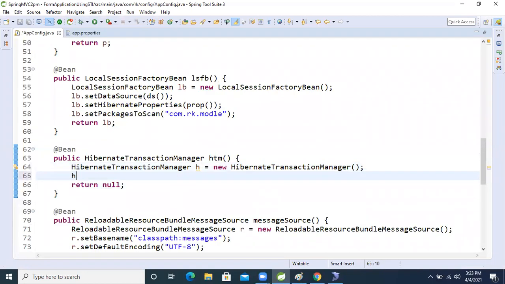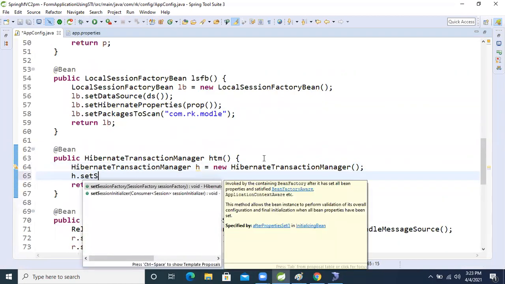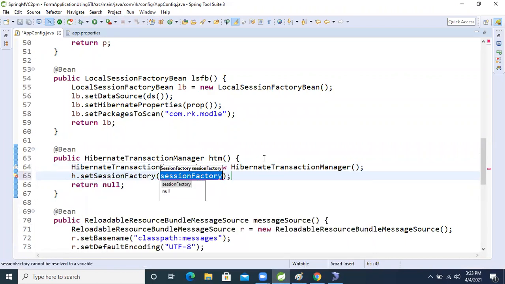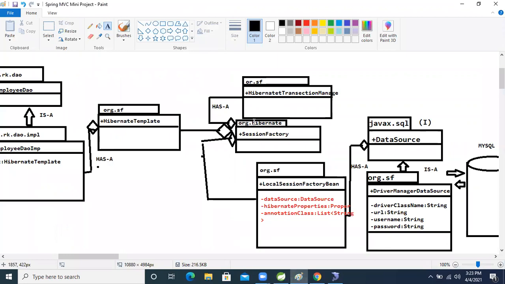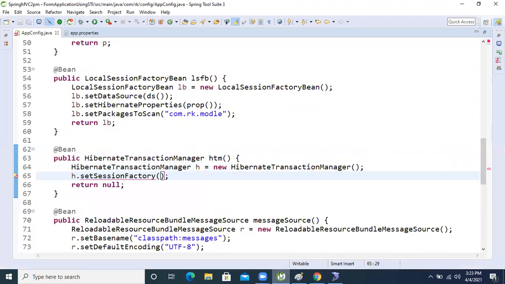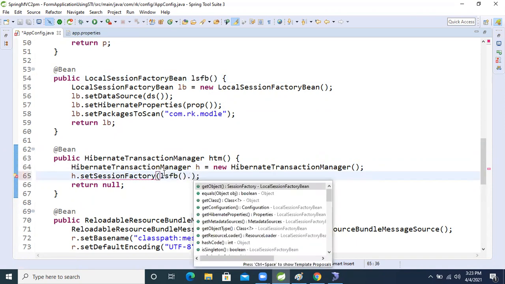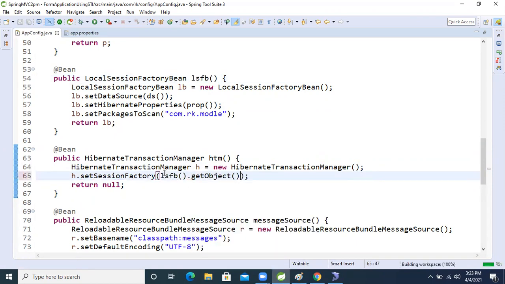Inside that, h dot setSessionFactory. I did not write that method, sorry. The same method we will use in the Hibernate template also. We pass this method as the argument, then getObject.